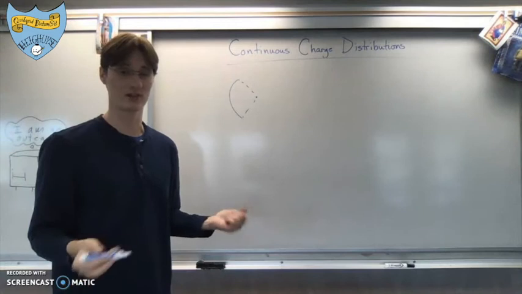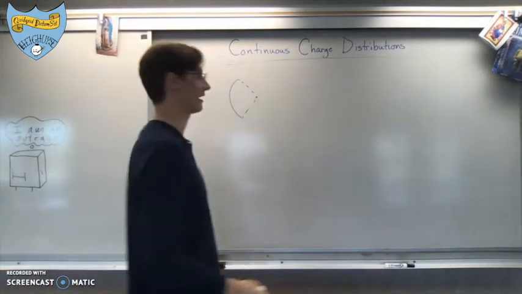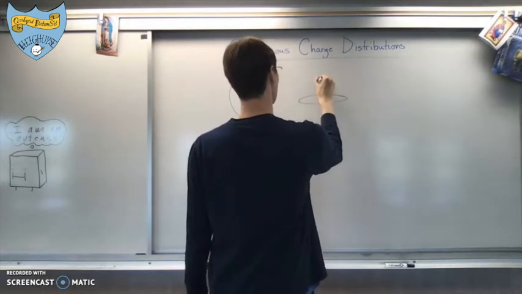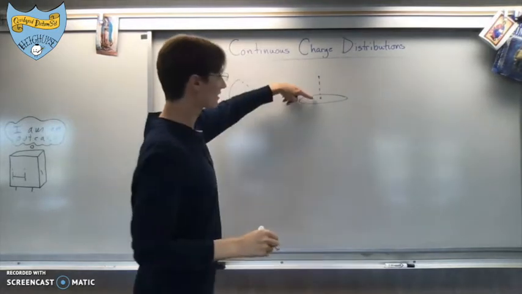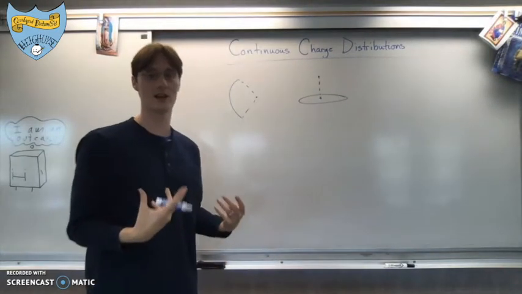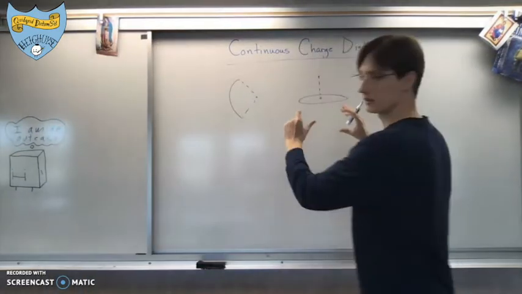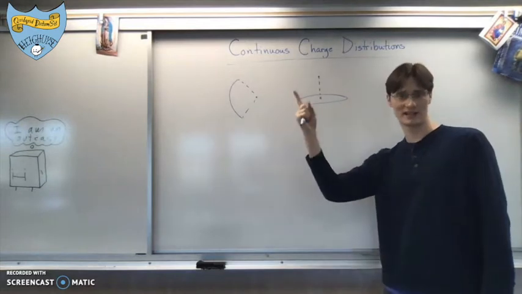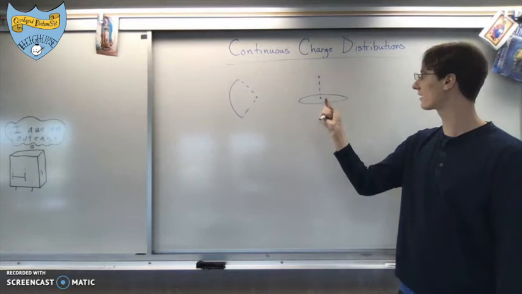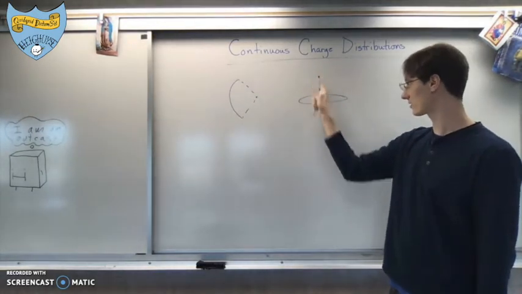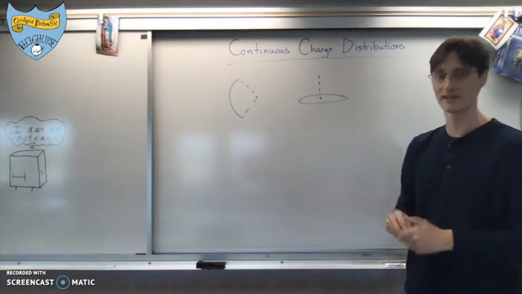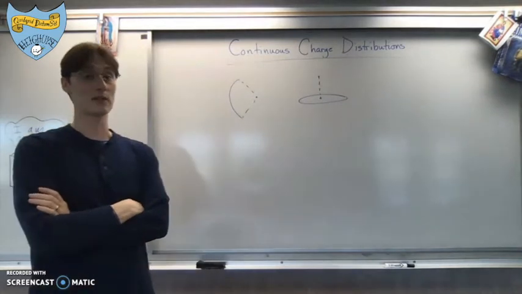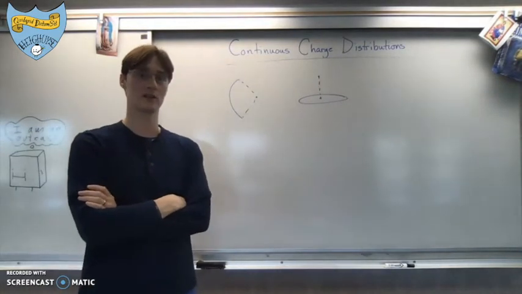the center of curvature. All right, the other kind that you'll have to know how to do is a ring of charge. And for these ones, you'll always be asked to find the electric field somewhere along the central axis of that ring. So I'm drawing this ring from the side, which is why it looks like an oval, right? Use your imagination. It's a circular ring of charged wire, and you're supposed to find the electric field here, which is somewhere along the central axis of that thing. Those are the only two continuous charge distributions in AP Physics that you'll have to find electric fields and electric potential for